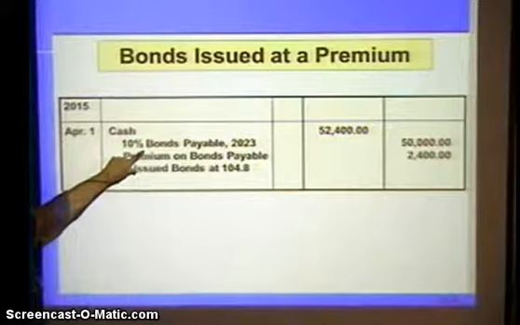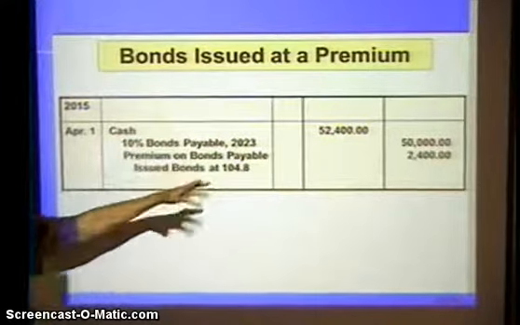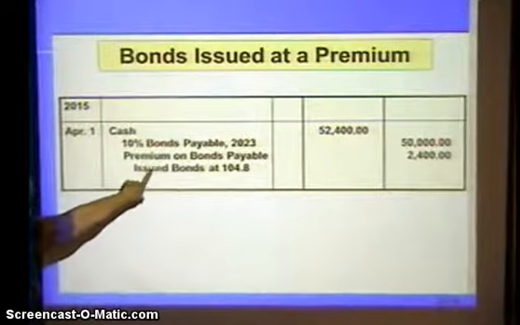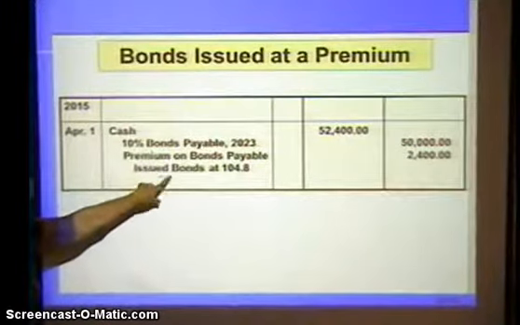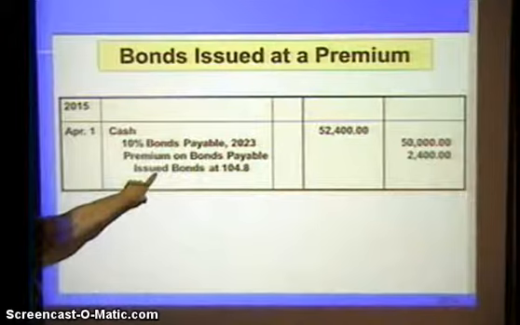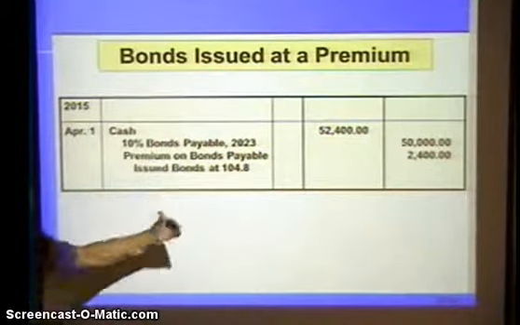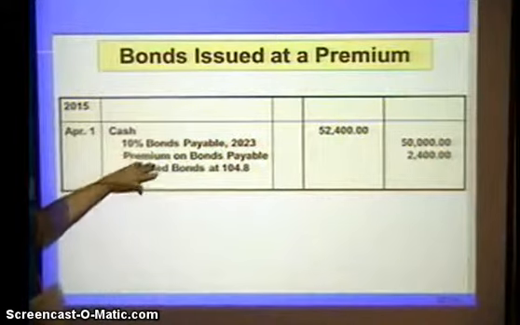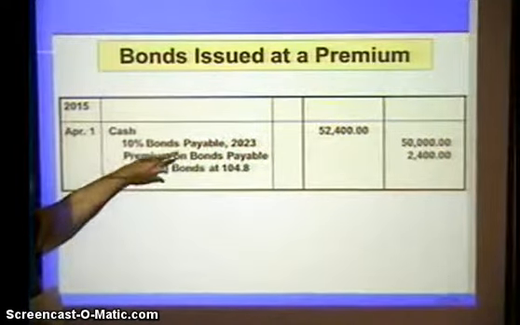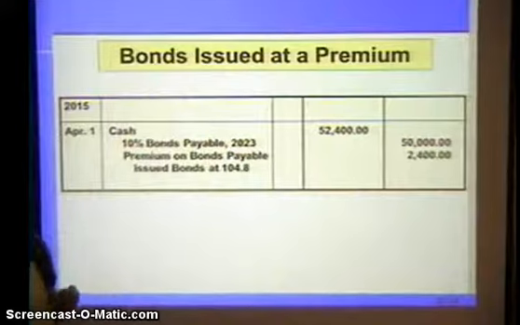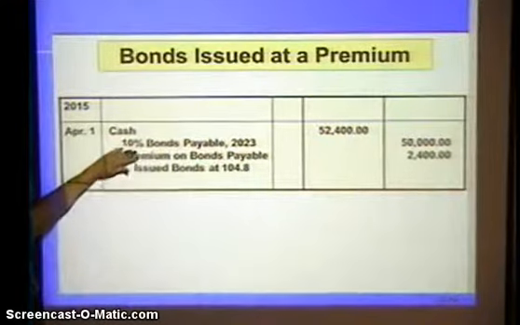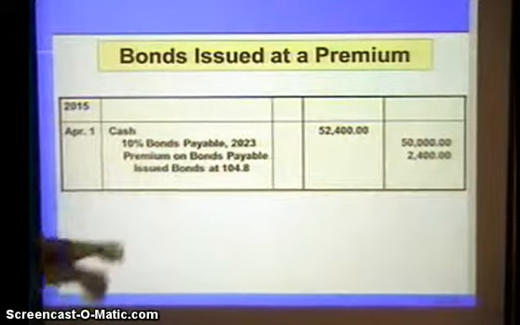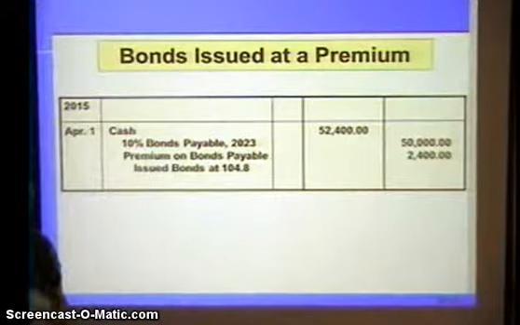We issued them 10% bonds. Their par value is actually $50,000, but they paid us an extra $2,400. We sold them at $104.80 instead of at $100. So now we have a premium on bonds payable account. So we got to pay the bonds and we got to pay the premium because they gave us the cash for more than the face value on the bonds, but we can only show the bonds at face value. Same thing as for the preferred stock. So we have to pay all of it back, plus interest. Yes, exactly.